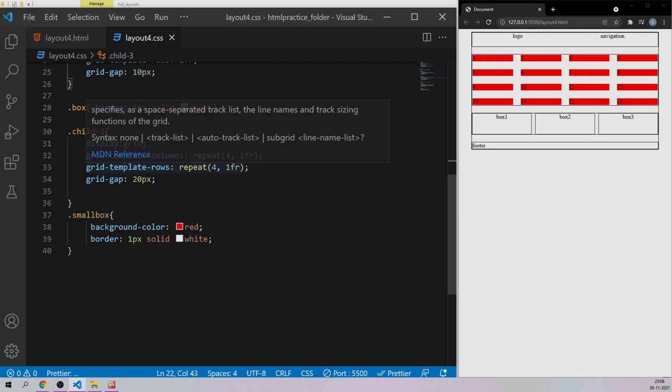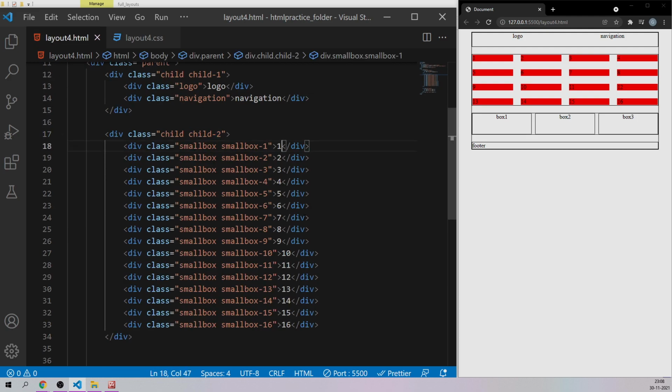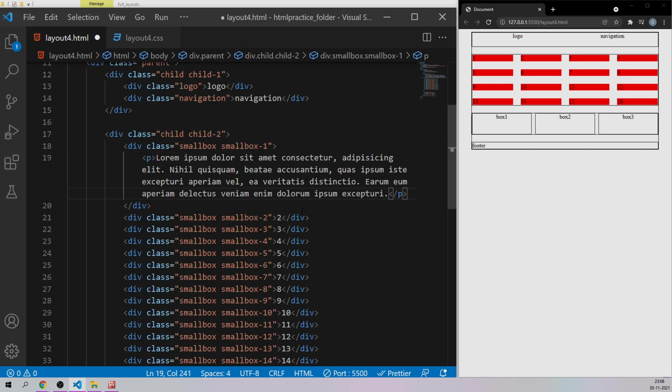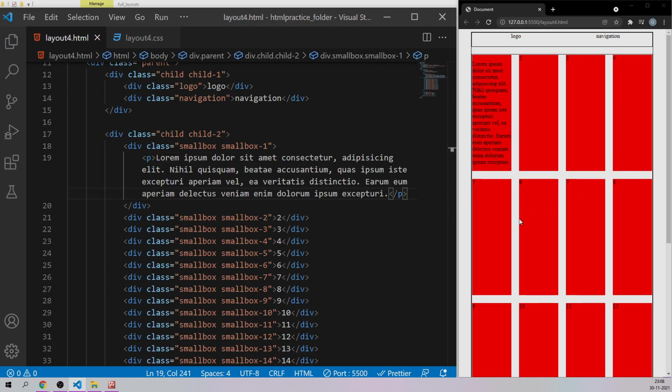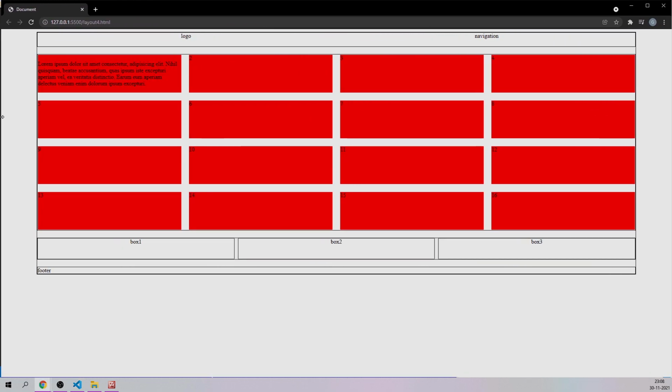Now what we need to do is, instead of giving here 1, let's give some actual contents. Let me type a paragraph using the p tag, and let me save it. As you can see, since we have given one fractional unit, if any one content changes, the other contents will also remain exactly the same for that particular element. So this is the whole width of this website right now.